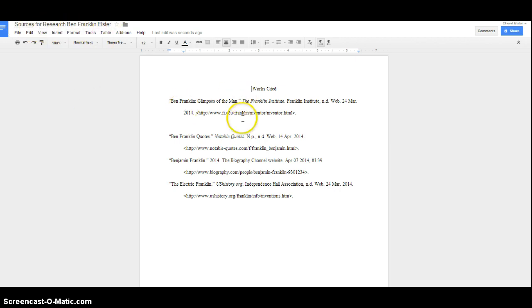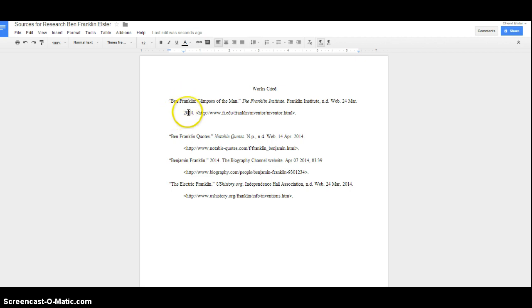And notice that all that we have in this document is the title, centered, Works Cited, and we have then the sources. Now these should be in alphabetical order, so we can check that, and they should be left aligned,